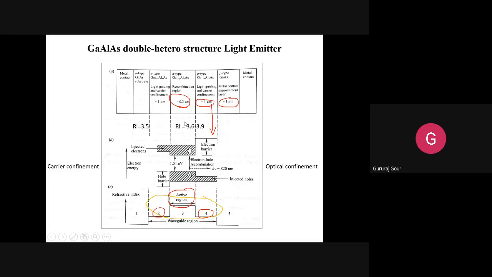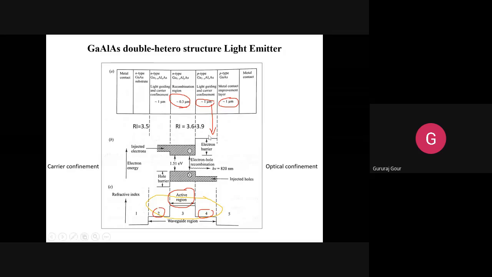here, on this side, left hand side only. Okay. So right hand side it will be P type gallium arsenide. Here it is N type. So here this substrate and metal contact are kept for different purposes. Metal contact means wherever you are getting metal contact, it is made to have the contact with the optical fiber. Okay. Whereas for the other regions, their function has been given here.